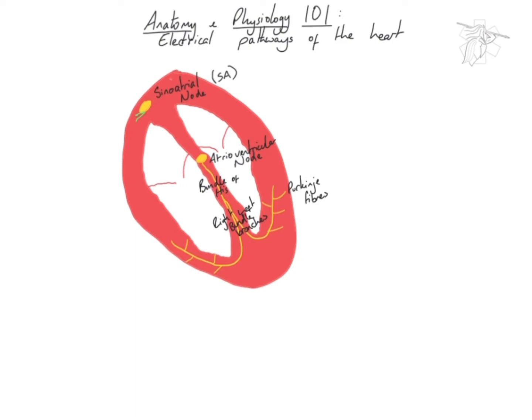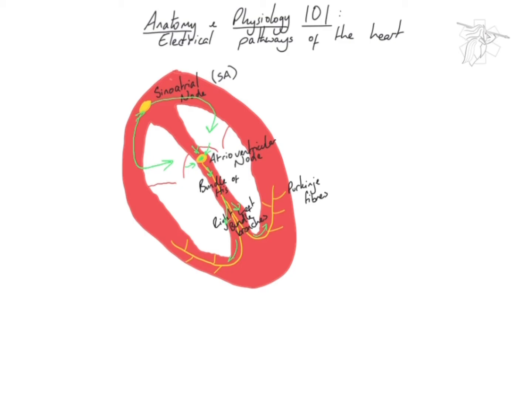So we get a discharge of electricity from the sinoatrial node through the atria and around the back of the heart, and eventually all of that electricity starts to pull back into the atrioventricular node. It's held in the atrioventricular node for a brief moment, and after a pause there's a further discharge of electricity from the atrioventricular node down through the bundle of His. Once we've passed through the bundle of His, this then splits in two, and we have the left and right bundle branches,